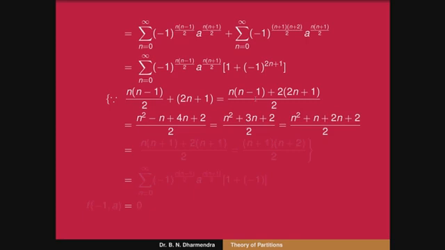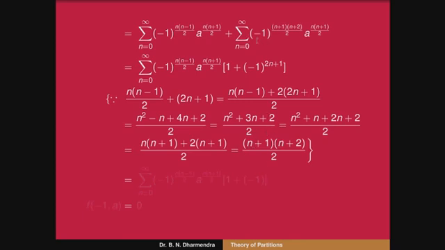We can split the term 3n as n plus 2n, because in terms of a factor, the first two terms have n as a common factor, and in the last two terms we can take 2 as a common factor. That is equal to n into (n+1) plus 2 into (n+1), divided by 2, or taking n+1 as a common factor, that is equal to (n+1) into (n+2) divided by 2.